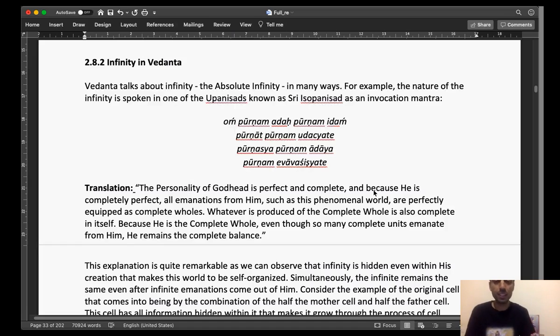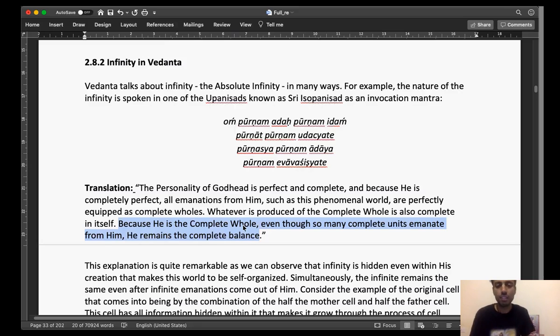And then it goes on saying, Purnat Purnam Udachyate. Whatever is produced of the complete whole is also complete in itself. Which means, this is an infinite set, and whatever set comes out of it is also infinite. Right? But does it mean this set has reduced? No. Purnasya Purnam Adaya Purnam Eva Avashishyate. Purnasya means out of the Purnam, if we subtract the Purnam, then also Purnam is left. Avashishyate means left. Because He is the complete whole, even so many complete units emanate from Him,